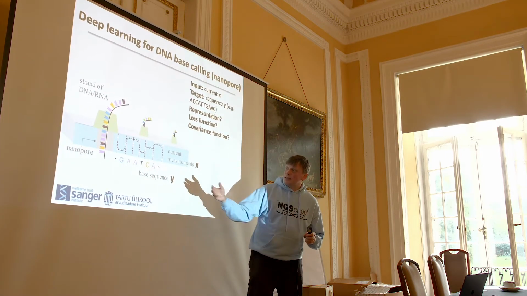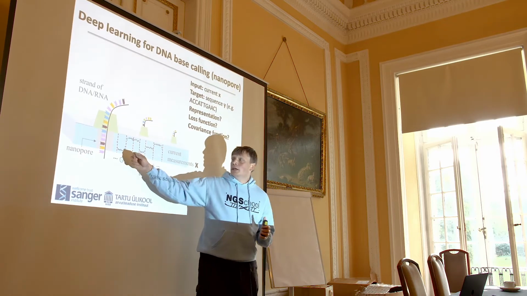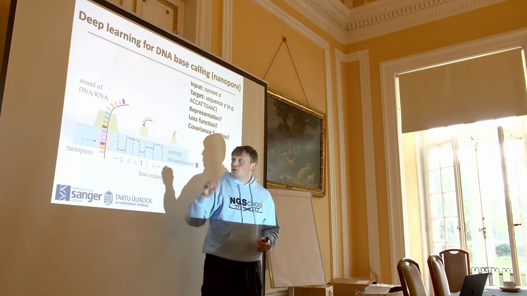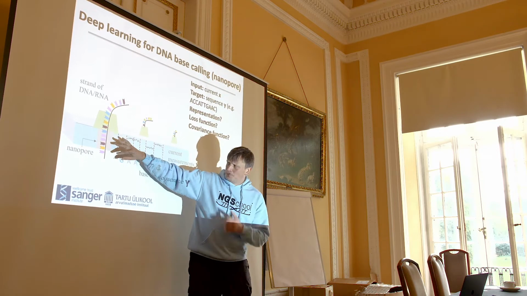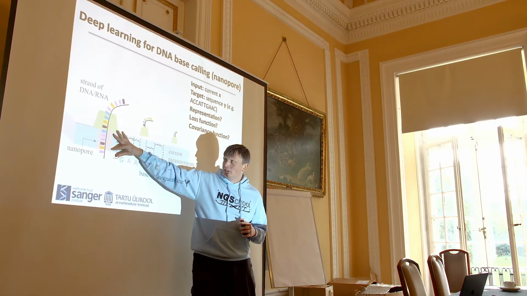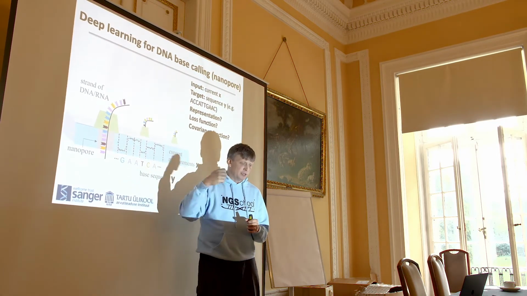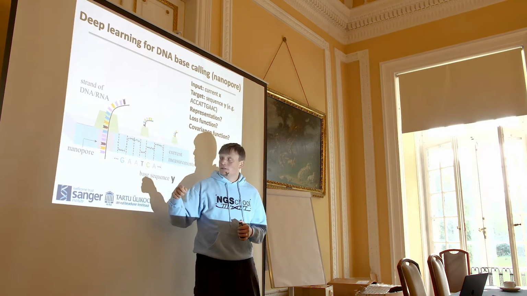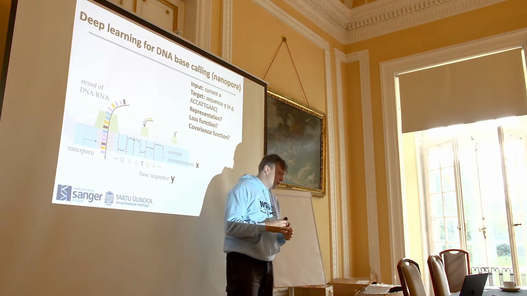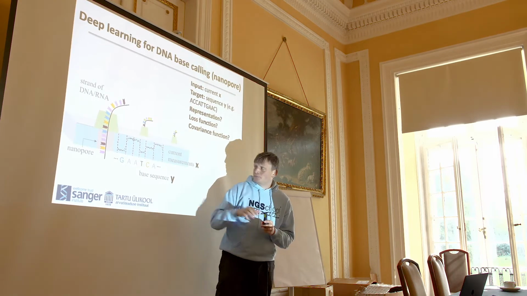But ultimately, this is a DNA sequencing approach where a DNA molecule is ratcheted through a pore. So the pore is here. There are 5 bases in the pore at any one time, and there is sampling of the current across the pore that gets recorded. And the current in the pore depends on the bases that are in the pore. So you get